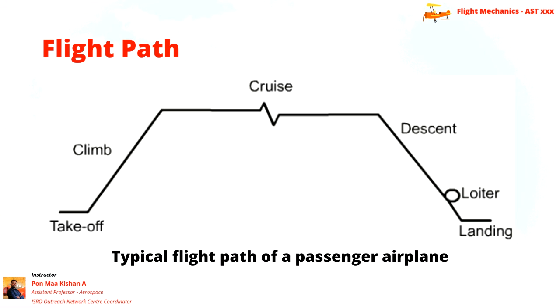But before that, you should remember the basic flight path of a passenger airplane. In case of military aircraft or any other mission aircraft, the cruising phase will be changing. The altitude will be changing, the maneuvering will be changing. We have not included pull up and pull down maneuvering in this flight path. It is just a basic flight path, so whenever you are flying next time, you can visualize that.